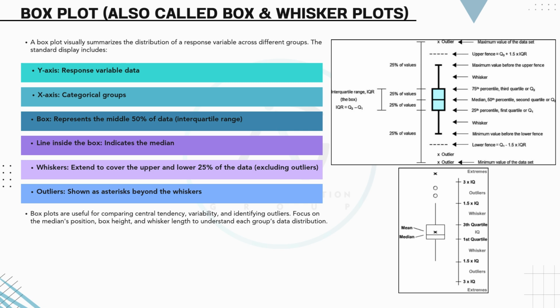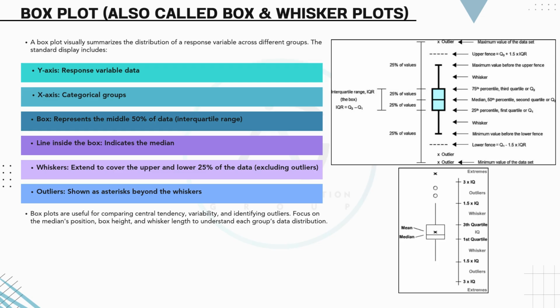X-axis represents the categorical groups. These could be departments, teams, or time periods. The box itself captures the middle 50% of the data, also known as the interquartile range, IQR. The line inside the box marks the median, or the 50th percentile. It gives us an idea of the central value. Whiskers extend from the box to capture the upper and lower 25% of the data, excluding any outliers. Outliers are shown as asterisks, or circles beyond the whiskers, and indicate data points that lie far outside the typical